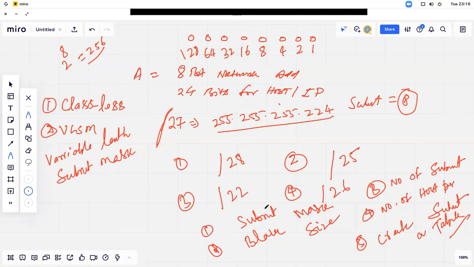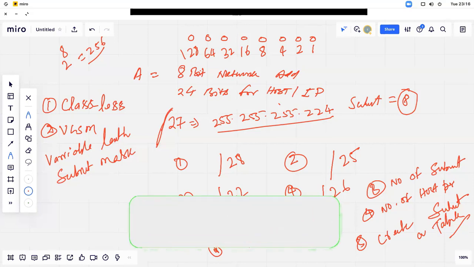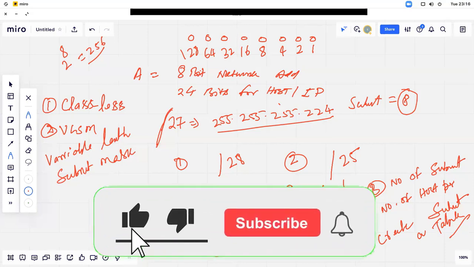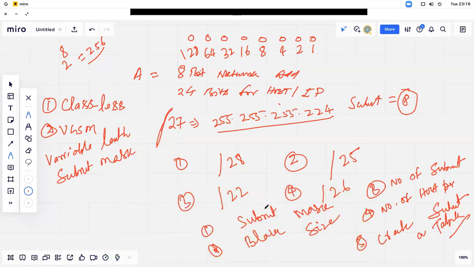Even if you are unable to do it, or if you are having any trouble, definitely we'll discuss it in tomorrow's class, but you need to try it out because this is a very important topic. Subnetting is a very important topic, and you need to do this question. Just try it out if you can. If you are having any trouble, we'll discuss tomorrow, but you just need to try. All right. Okay.